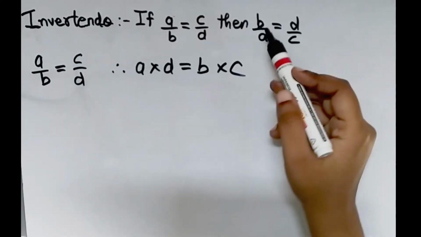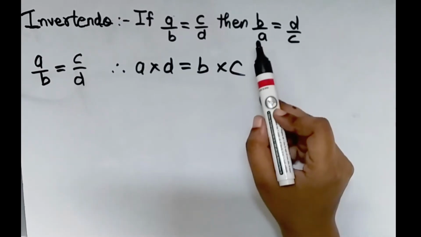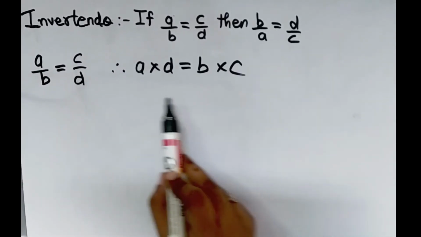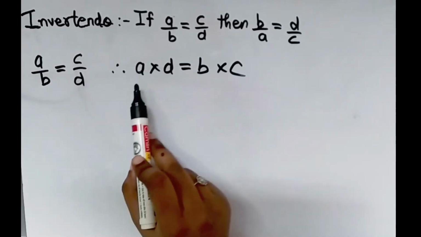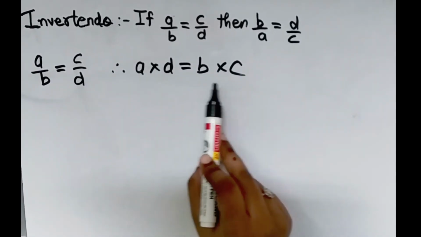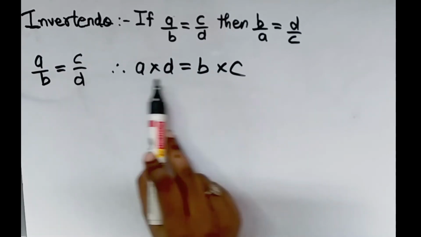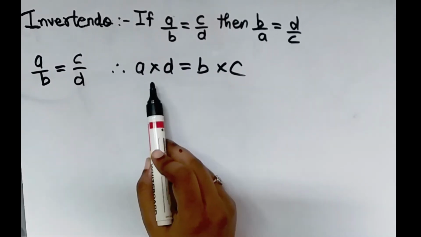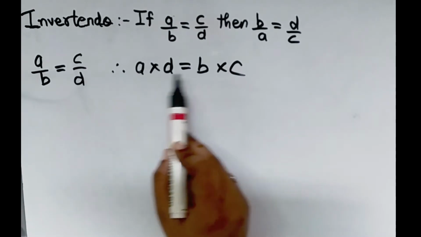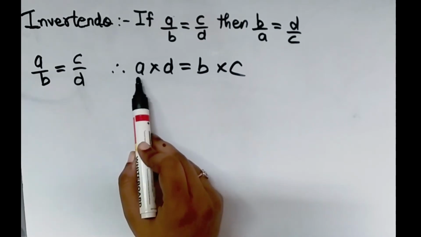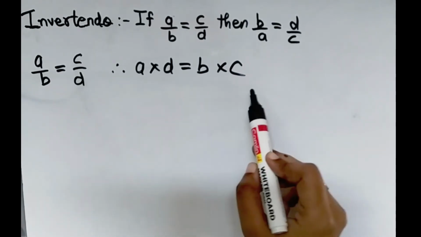We want this ratio in the answer, so here B upon C. B is there in the right hand side, but in the left hand side there is no B term. Here equal to is there, so we can interchange, right? So in this equation we will interchange both the sides. The right hand side we will bring to the left hand side, and the left hand side will go to the right hand side.